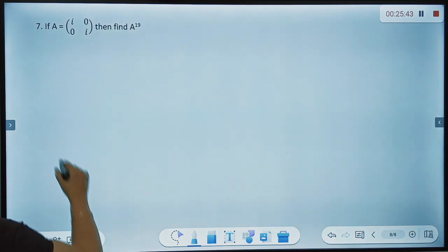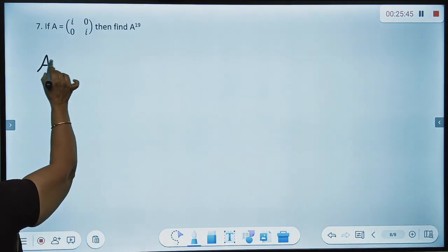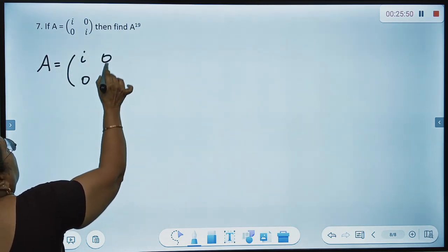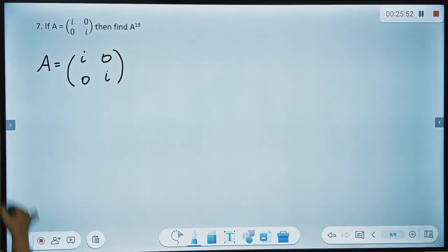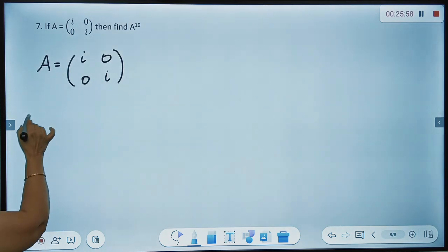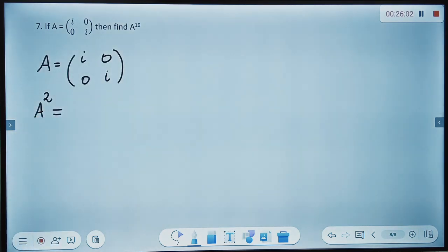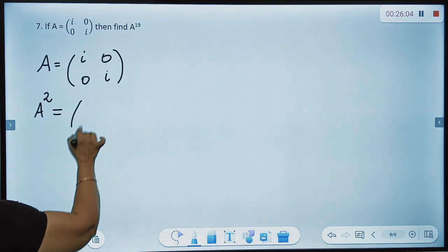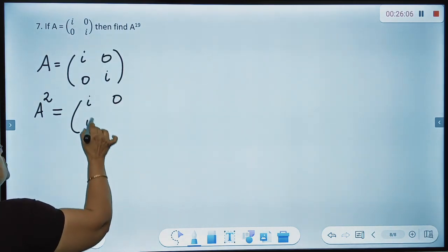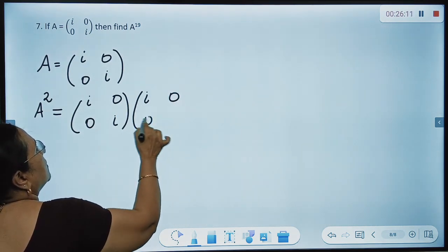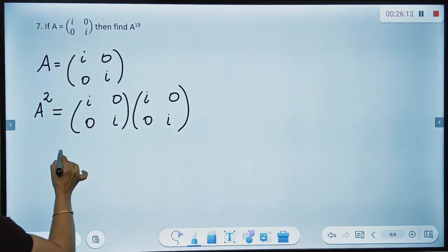Now look at this problem. A is equal to the matrix i, 0, 0, i. You have to find A power 19. So as we did in the previous problem, let us just play with A. That is, let me find what is A square. A square is equal to i, 0, 0, i into i, 0, 0, i, which is